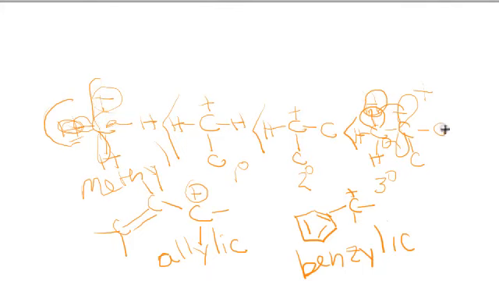The more carbons you have adjacent to your carbocation center, the more carbon-hydrogen or carbon-carbon bonds, the more stabilized that carbocation will be, leading to tertiary being more stable than secondary, more stable than primary with only one carbon next to it, more stable than methyl, least of all. Now, in terms of allylic and benzylic, we have actually built-in stabilization through the pi orbital